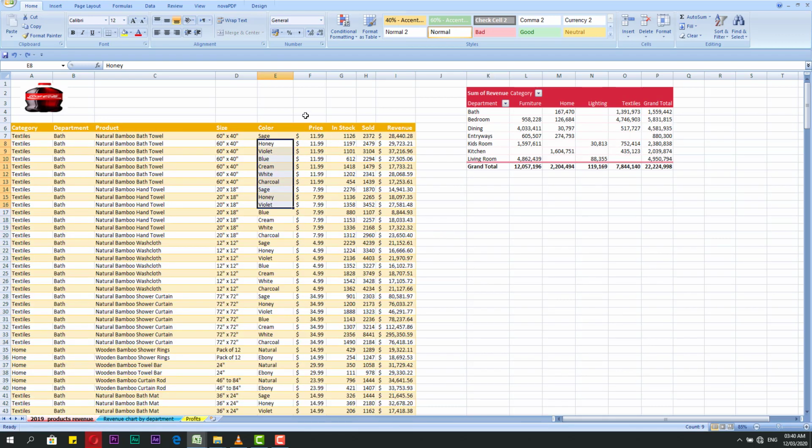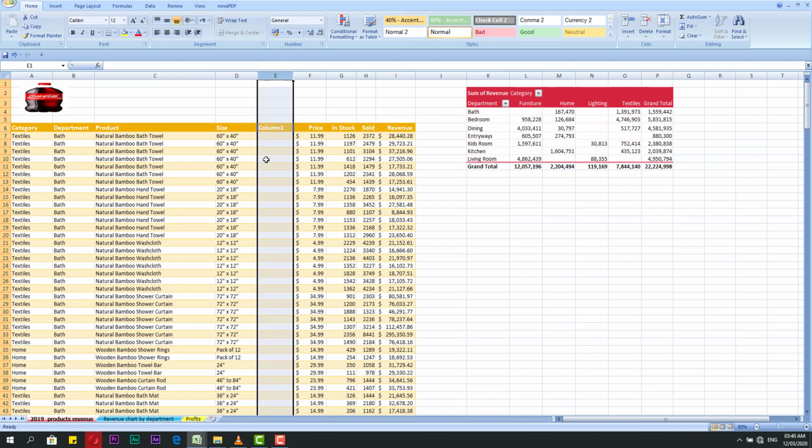Control Z. Okay, the other thing we need to speak about is the width of the column and the height of the row, I'm sorry. If I come here to this row header, I can select all of this. I can delete. Control Z. I can